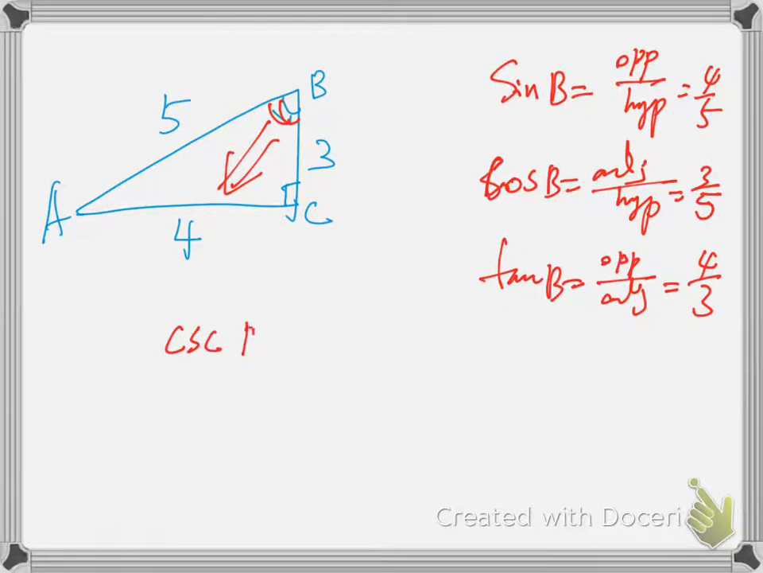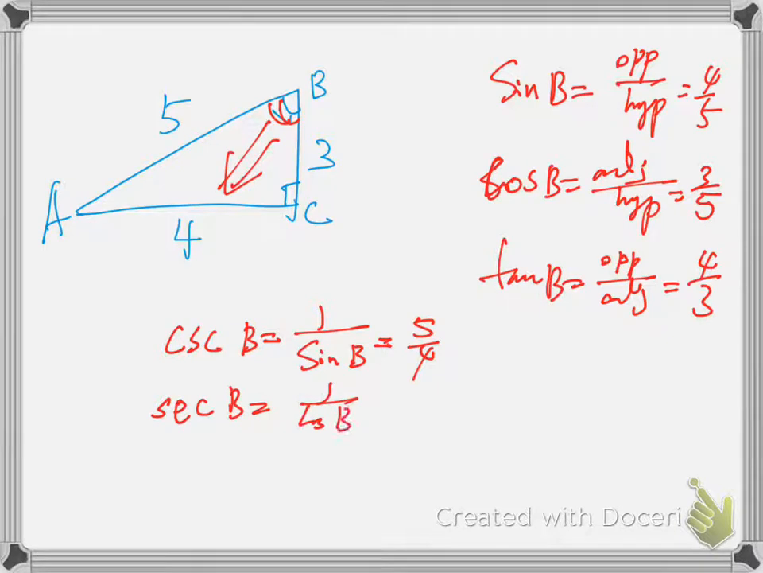Cosecant B is 1 over sine B, so 5 over 4. Secant B is 1 over cosine B, so it's 5 over 3. Flip cosine. Cotangent B is 1 over tangent B, so flip tangent. So we got 3 over 4. So 3, 4, 5 is our first example of